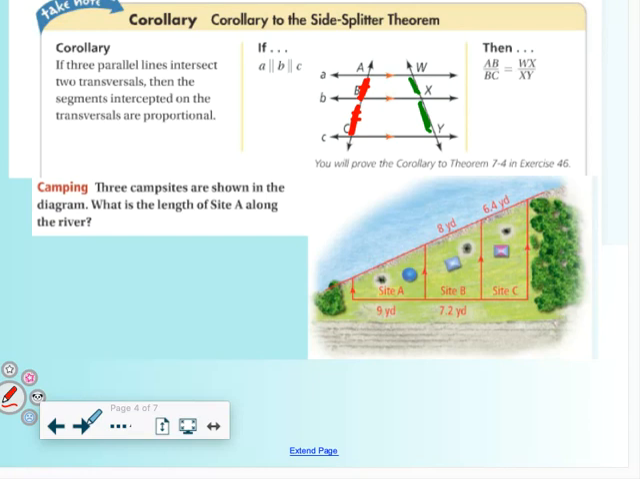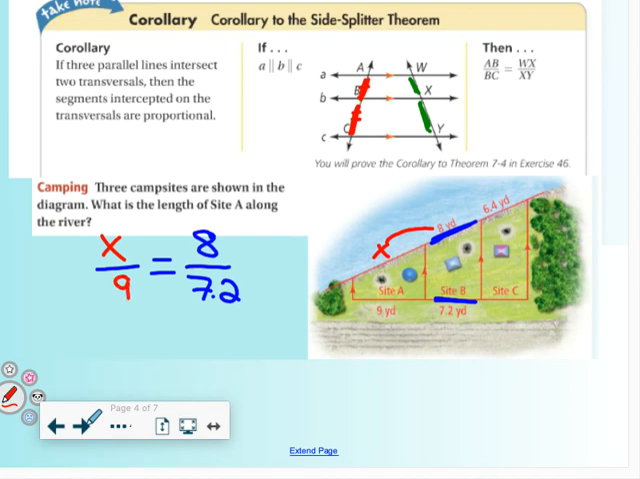It says 3 campsites are shown in the diagram. What is the length of site A along the river? So we are trying to find this measurement right here. What we're going to want to use is information that we know. Notice we know all of site B, so we're going to set up a ratio with that information. We can set that up as 8 over 7.2. What we need to do now is set up a ratio for site A, making sure corresponding parts are in the same spot. The x would need to be on top because that's what's near the river. And then down here is what do we have